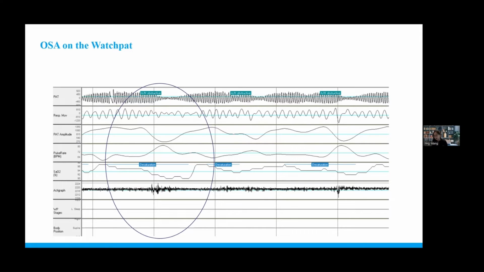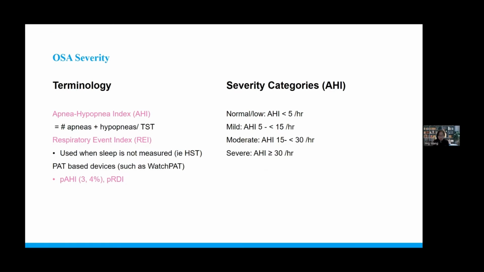It's rather the physiologic arousal that happens secondary to a respiratory event. So circle that right here. This is what the algorithm usually looks at. If it sees this, it will say, oh, this patient probably just had an arousal from an immediately preceding obstructive event. So that's what the data looks like. And we do look at all the raw data for both home and in-lab tests to make sure that we agree with the scoring and then generate our reports.